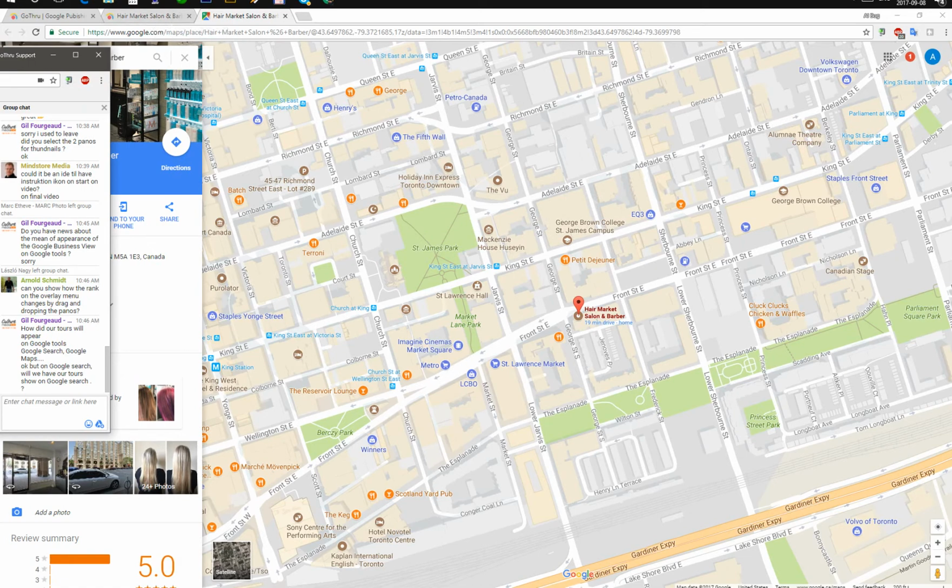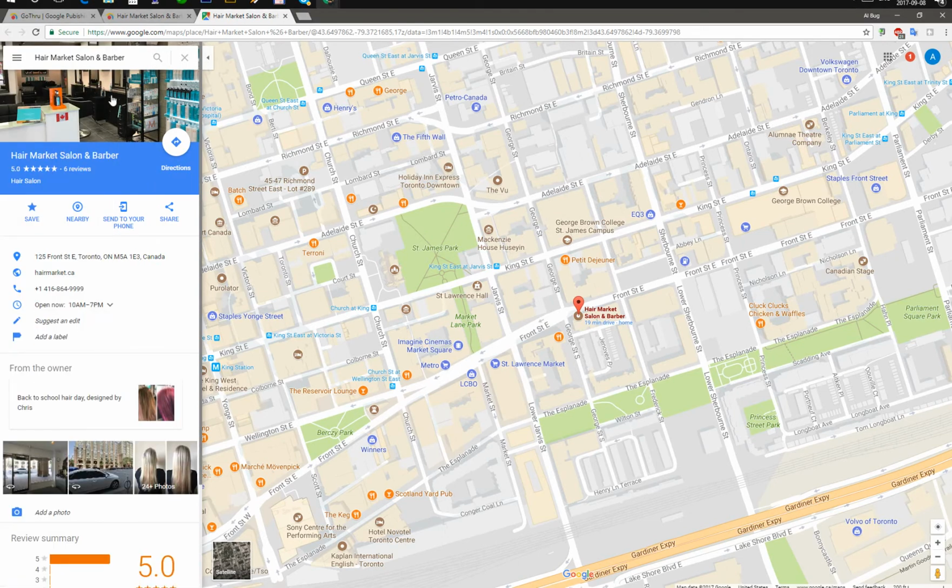I don't know if Google search will have the tours or not. All I know is that Google is working on a new knowledge card. Now, what that means, I have no idea. But what I know is the new knowledge card will fix the bug with the hotels, where you do not have